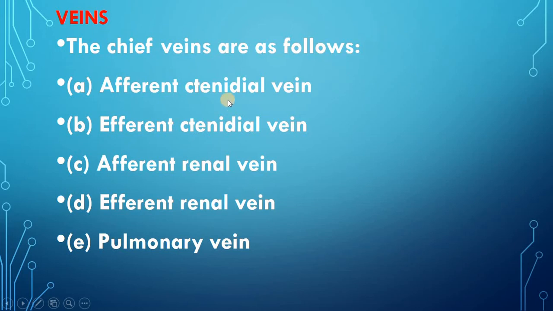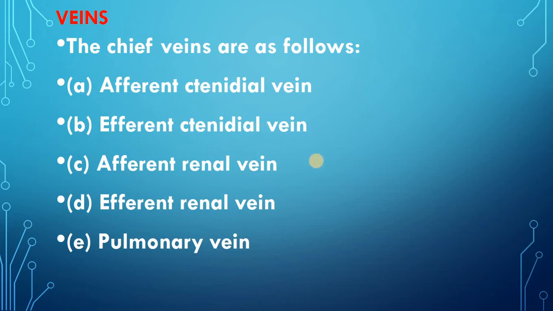First is the afferent ctenidial vein, which lies above the rectum and receives branches from the rectum, the terminal part of the genital duct, the perivisceral sinus, and the branchiorenal sinus. It sends blood through numerous branches to the gill lamellae for purification. Second is the efferent ctenidial vein. It lies along the roof of the anterior renal chamber and carries blood from the ctenidial leaflets and mantle and conveys